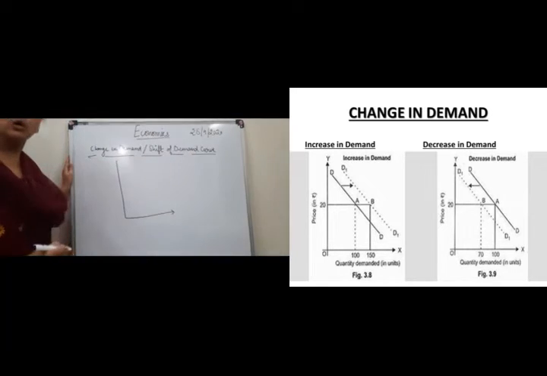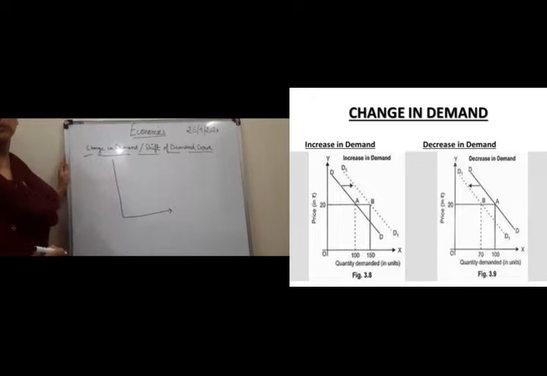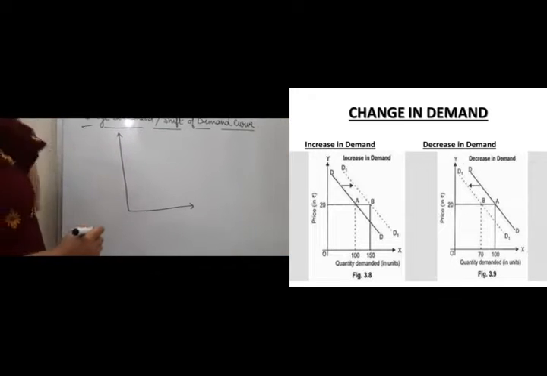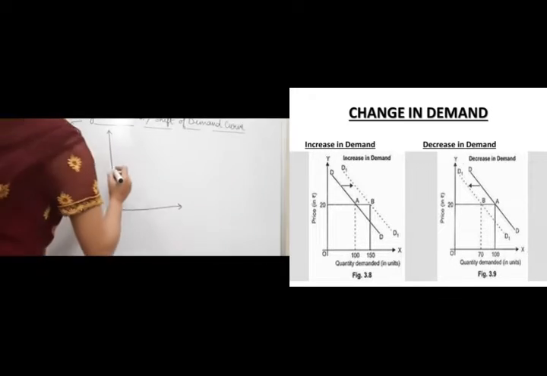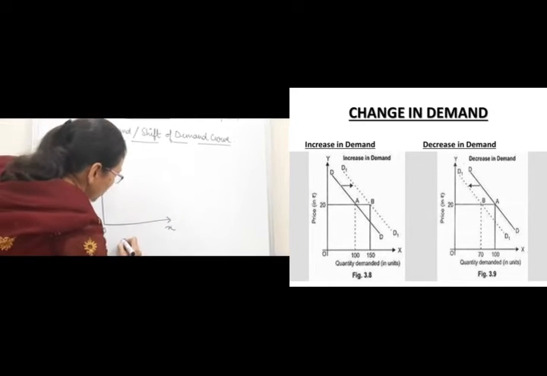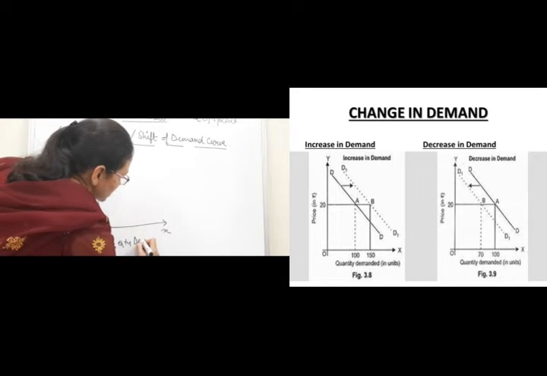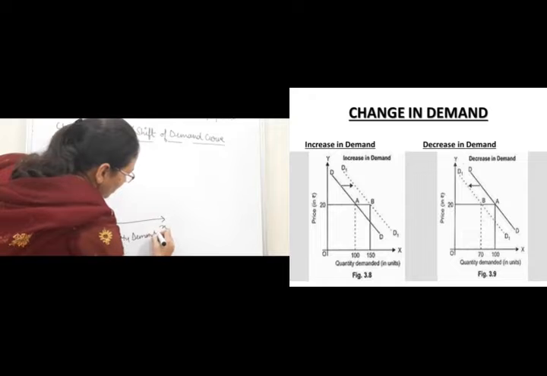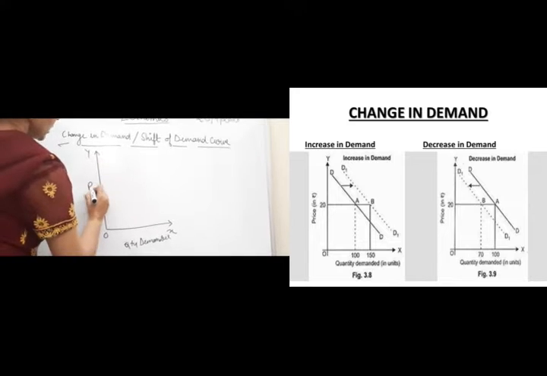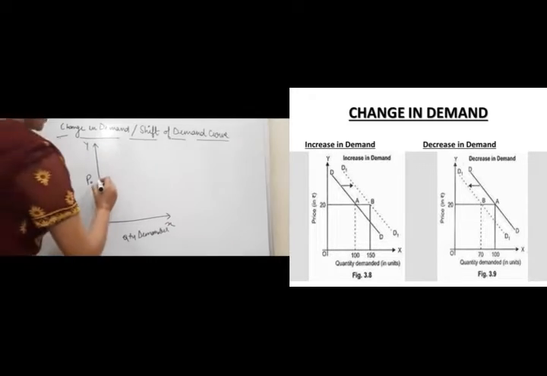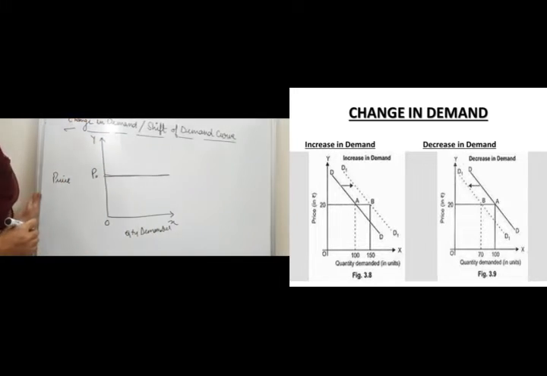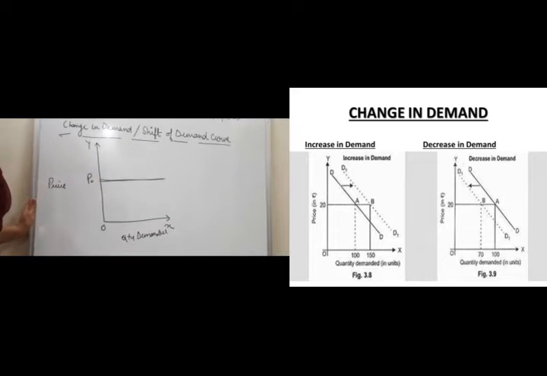Change in demand is not a result of change in price, right? You can show this diagram through two ways. One is a simple one, where you are depicting quantity on the x-axis and price on the y-axis, right? You can only take a simple variable P0 for price. A perfectly elastic demand curve you can draw. That is, you are assuming price to be constant, right?